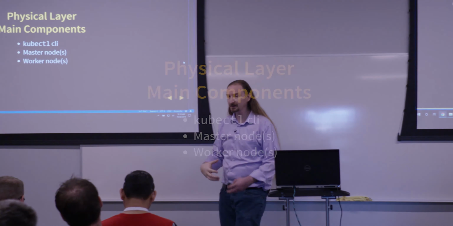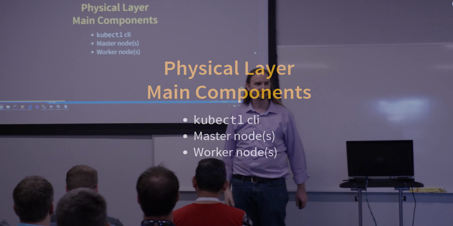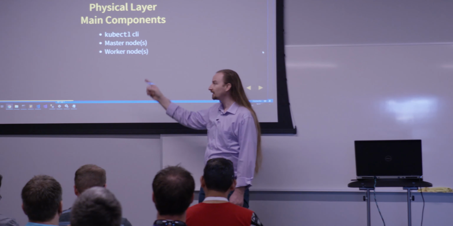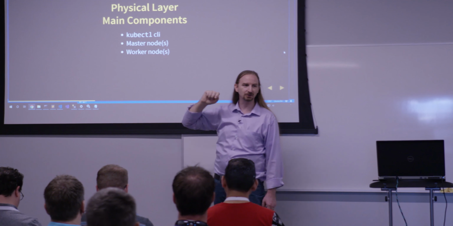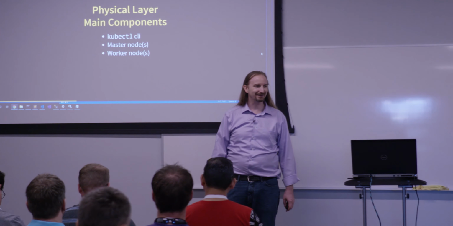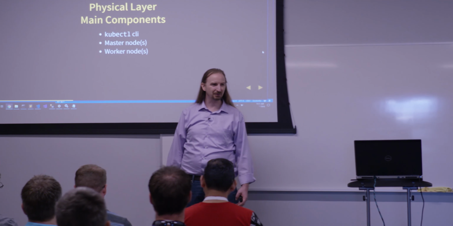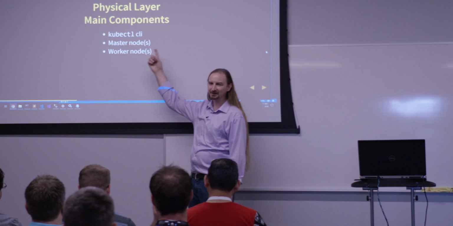Okay, so there's kind of three main components in Kubernetes land. There's the kubectl, the command line. There's the master nodes, the control plane. And then there's worker nodes. It used to be called master and minion. Apparently that's not great, so now it's the control plane and the worker nodes. And then the kubectl, the command line. Some people like to call it kubectl. I love this in the video that I heard it from. He said, I'm not sure I want to be that intimate with my code, so I call it kubectl.